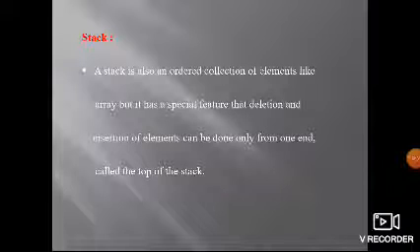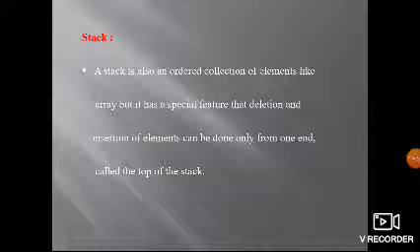The stack maintains a pointer called top, which always points to the topmost element in the stack. In a stack, we perform insertion and deletion from one end only, so we call it the top of the stack. If we want to insert, we insert with the help of the top only. If you want to remove, the element can be removed from the top only.